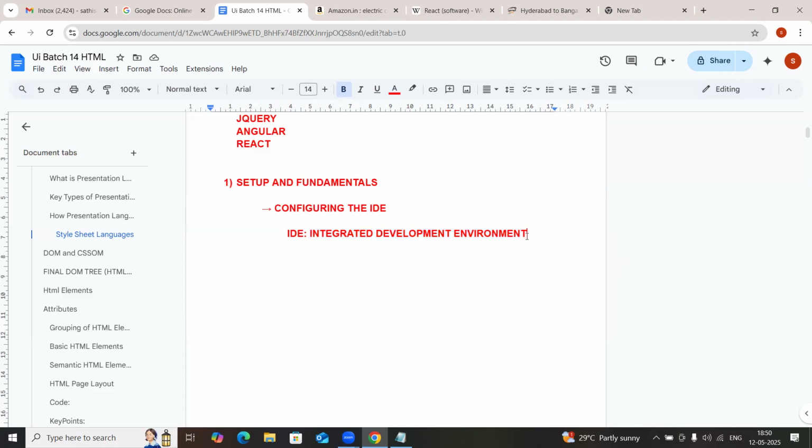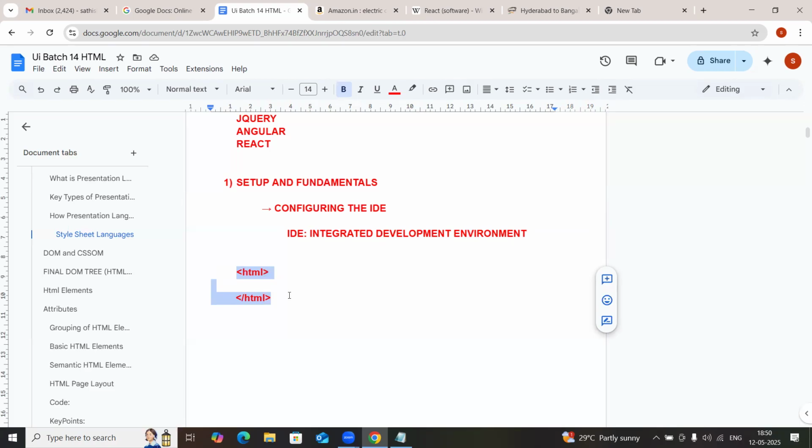So if you are trying to code for the first time, if you write something like HTML, this is the tag which is responsible for building HTML pages. You can write this in a notepad, but if you want to choose an editor which allows your work to be done in a finer way,